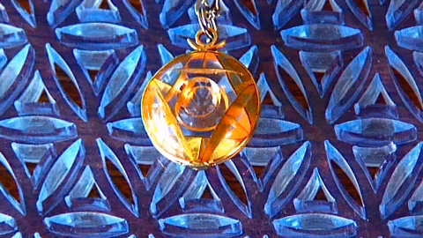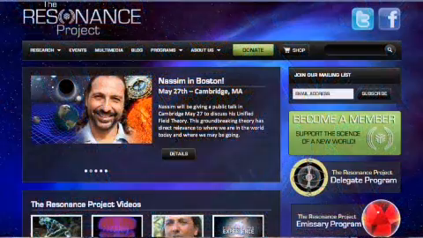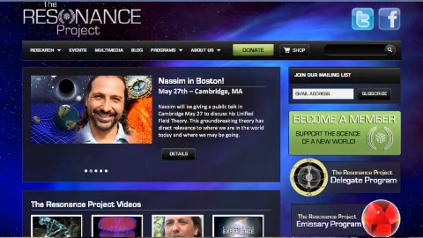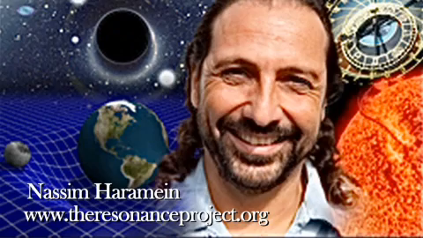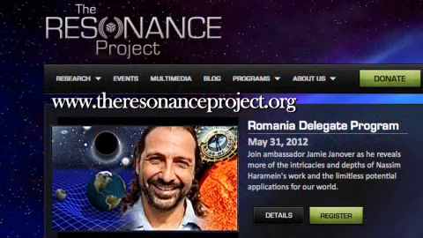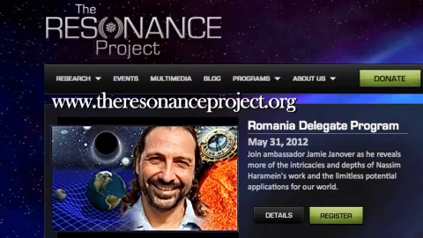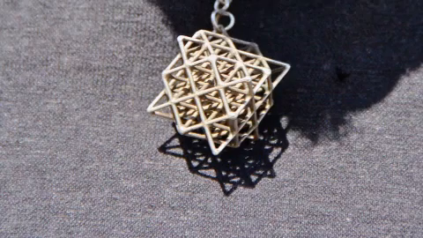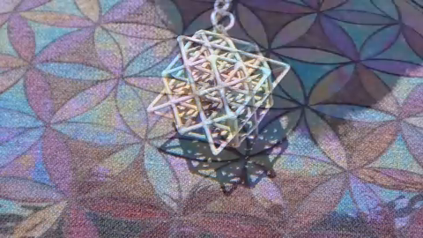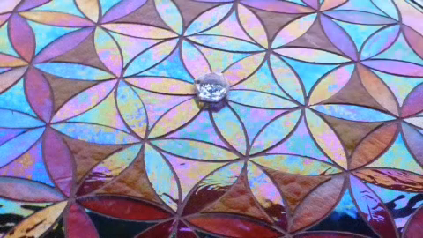And Nassim Haramein is very specifically going into the details of the physics surrounding that symbol and the physics of the structure of the universe, and why it would make sense that the geometry of space-time is a geometry that is embedded in the structure of all things, which is the flower of life symbol and the flower of life